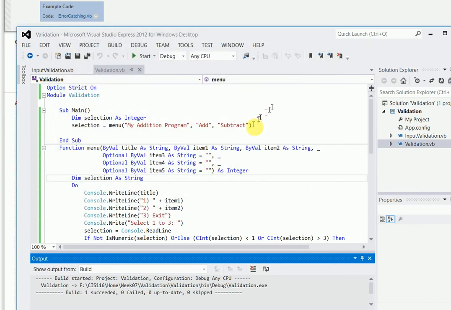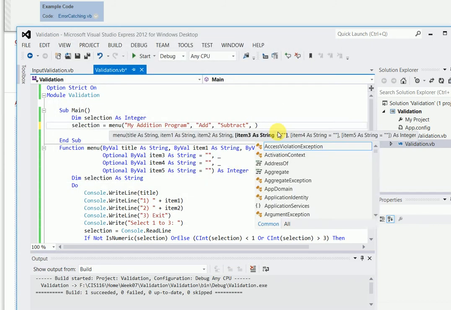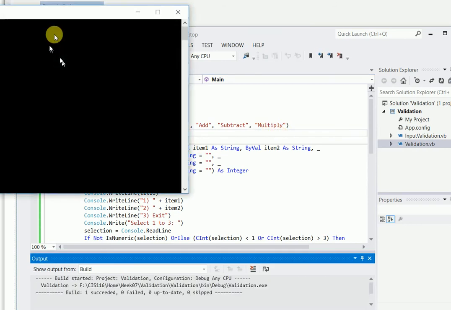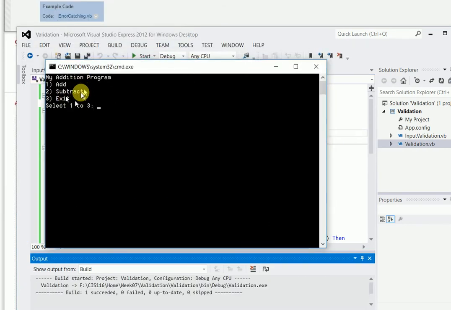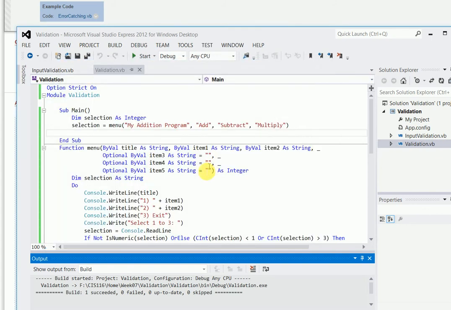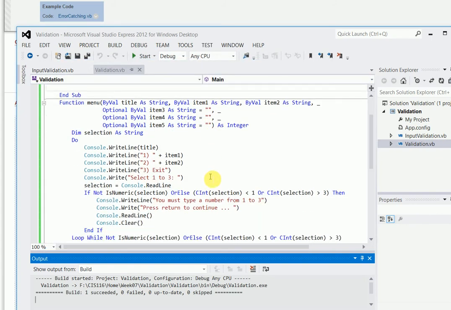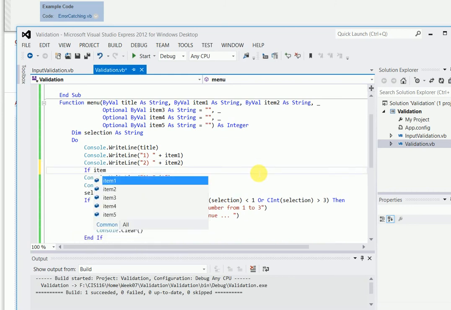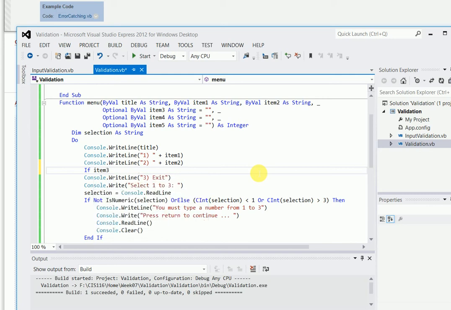And now if we go ahead and run this, you're going to notice we have the same thing, okay? However, if we were to add one more in here, comma, and the same multiply. That's accepted, okay? But you can see that, of course, it's not changing my program when I run it, okay? I've got to fix that. Let's put some smartness in down here, a little bit. Here we're putting in all our items. Let's add another item, okay? If item 3 is not equal to empty quotation marks, in other words, I'm sending it a parameter, then,